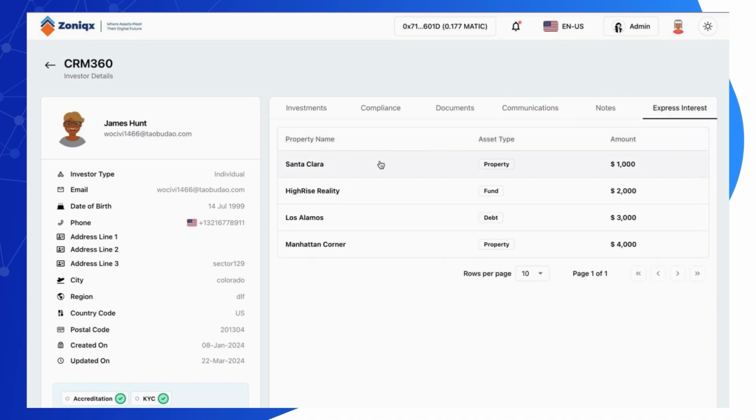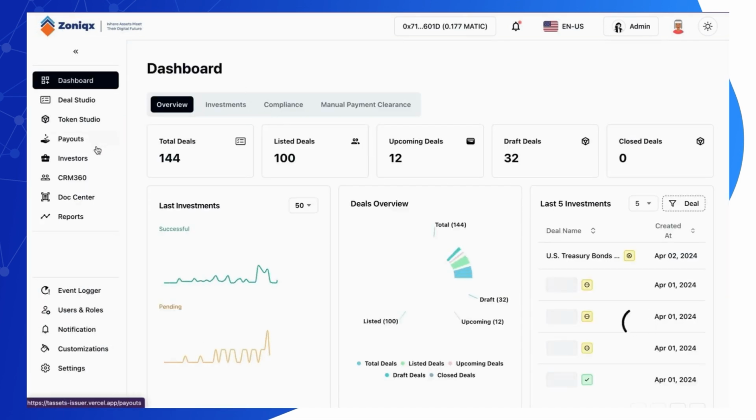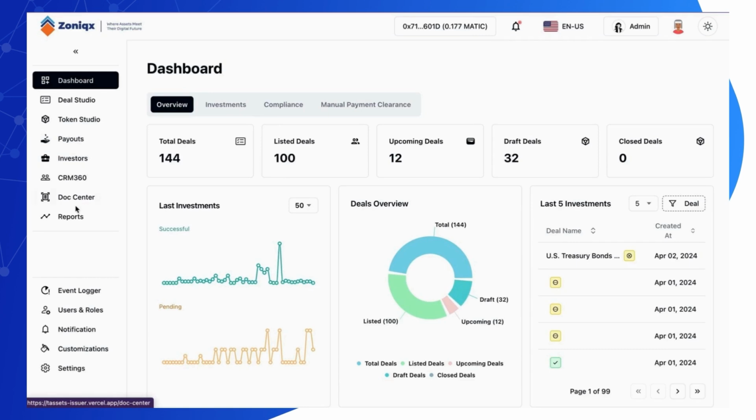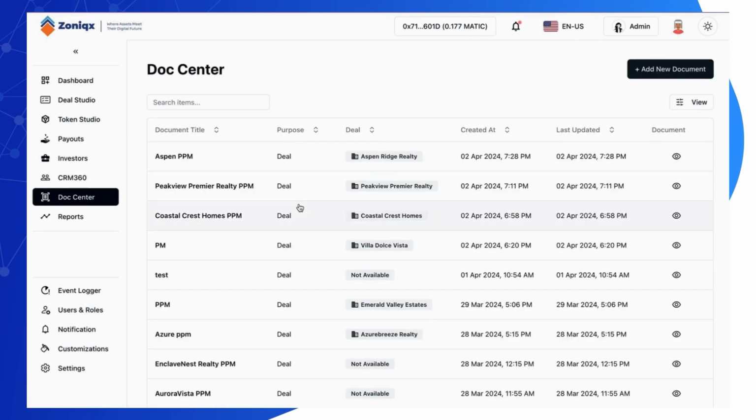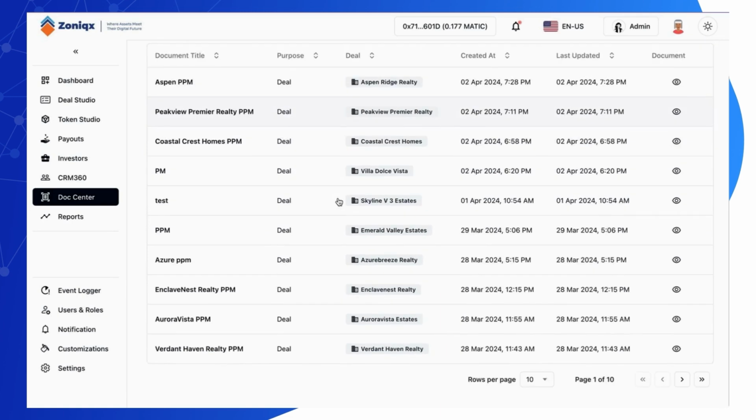Now, if you go to the event logger, you can see all the events, the audit trails of your platform, where you can see every event logged right there. And there are multiple modules of this particular platform, so we can see all the events logged for every single